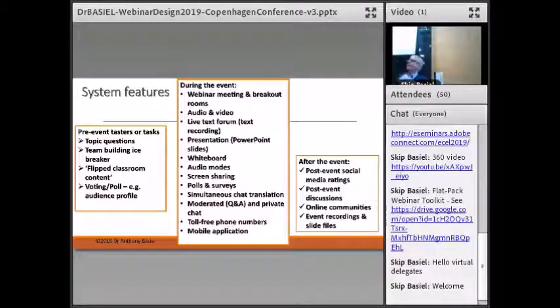Some features, but this is also linked to part of the instructional design that I encourage people to be thinking about, and that is what I refer to as the PAP model: pre, at, and post. So we've done a little bit of a pre, at, and post design for this keynote